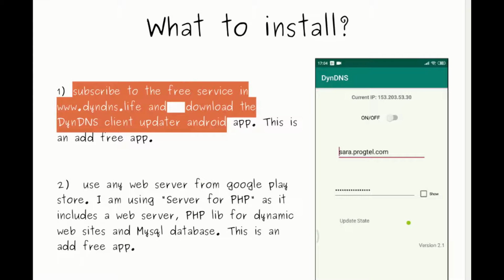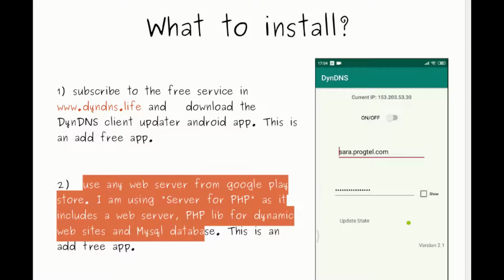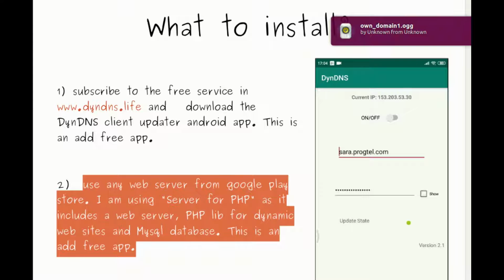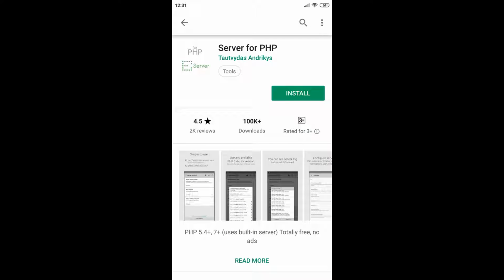First, you need to download and install the dynamic DNS Android client. To be able to configure this client, you should subscribe and create your hostname. For more information, please see my previous video. Then, you should install any Android web server you want. For this demo, I'm gonna use Server for PHP as it includes a web server, PHP library for dynamic websites